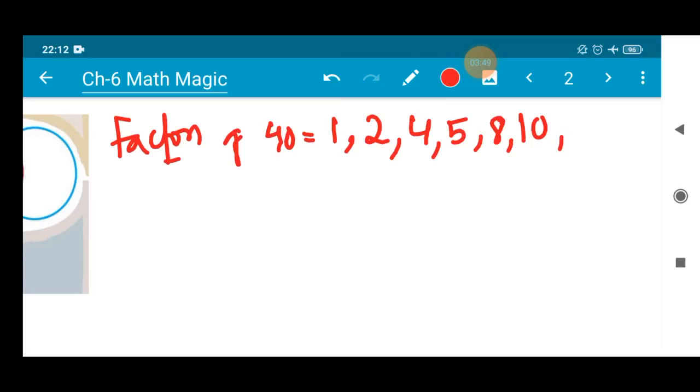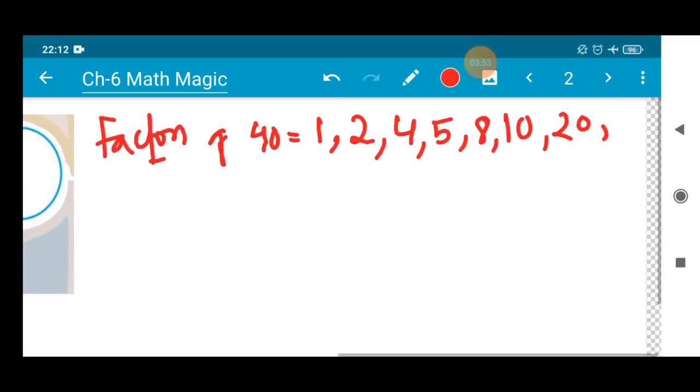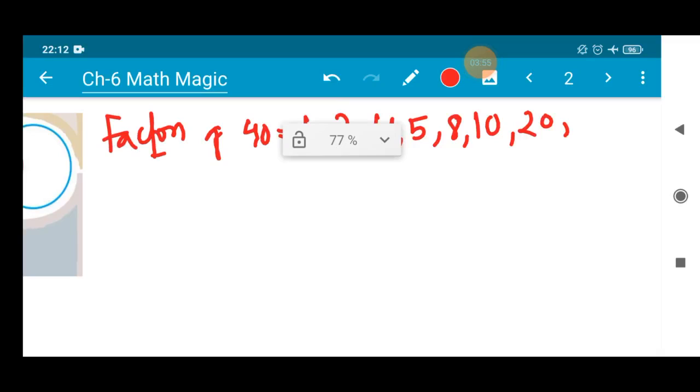So directly we will be getting what? 2 20s, isn't it? Then is there any other number which can divide? No, there is no other number, so directly it is 40. So what are the factors of 40? 1, 2, 4, 5, 8, 10, 20 and 40. Now let us write the factors of 60.